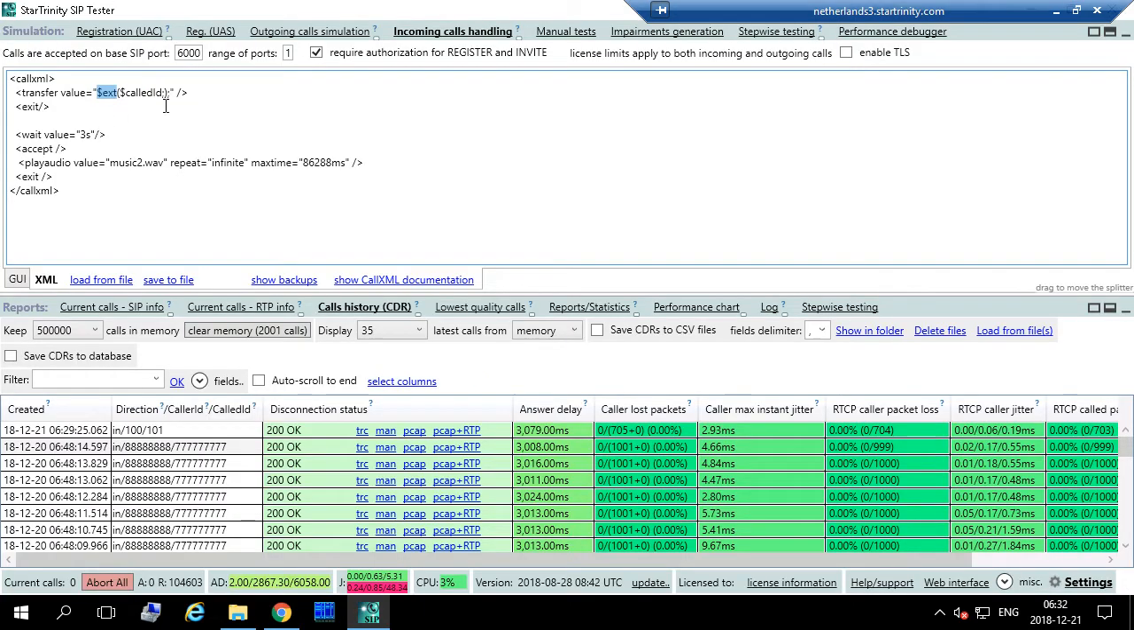Here, called ID. Okay. So you just put no random, right? So it's going to select random numbers. The client side will select a random number for called ID. Oh, okay. And the server just takes it from the To header. We clear memory, CDR,